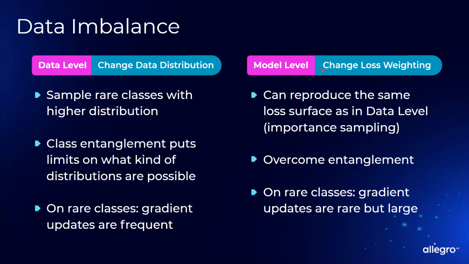We can change the model, specifically people change the loss function to account for the imbalances. If you want a better model, it can reproduce the loss surfaces that you can get if you had a perfect data sampling, supposedly. And it can also overcome entanglement, because if you're saying for a certain image, in this image, don't pay attention to the cars so much, pay attention to the people. So that image automatically becomes skewed towards the people, and it helps you to fight that imbalance, okay?